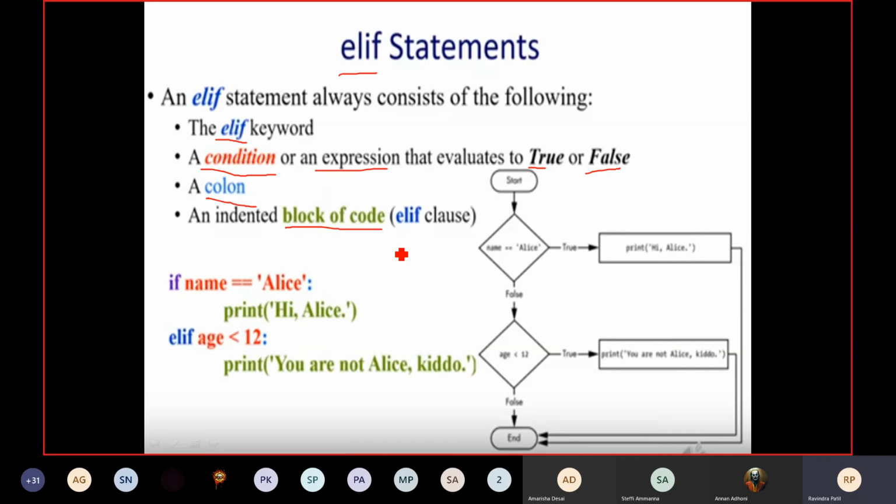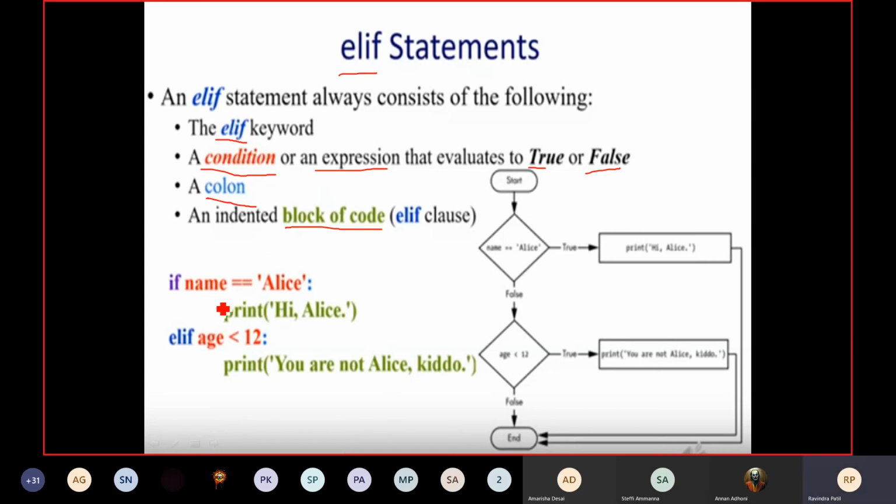When there is only one possibility of execution, in that case we use the if statement. If there are two possibilities, either true or false, we go for the if else statement. And when there are more than two possibilities, we go for elif, that means the else if statement.